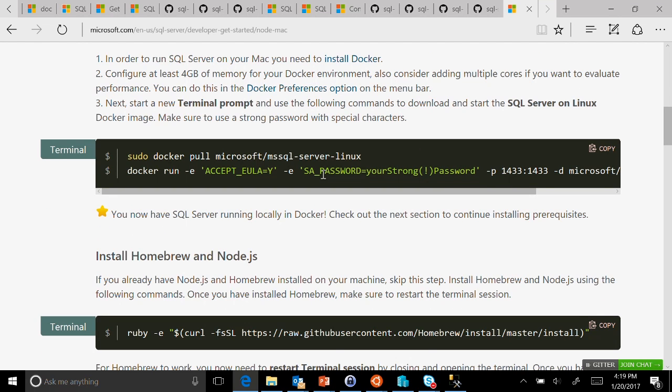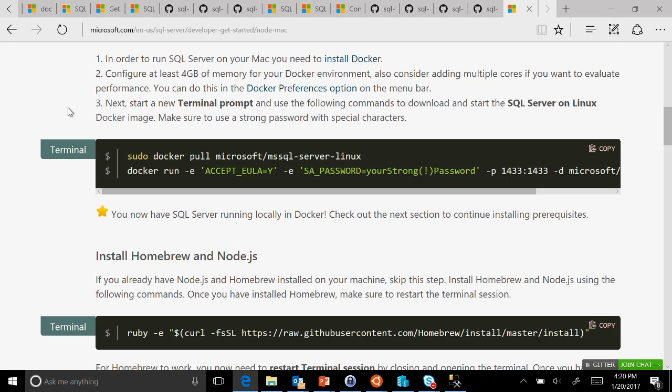So we have the Docker SQL Linux images. You do a sudo docker pull of the Microsoft SQL Server Linux Docker image, and then you do a docker run. And then you're done. You have SQL Server running on the Mac. This is why Docker images are so popular. I mean, look, it's 2 lines, and you have SQL Server running.